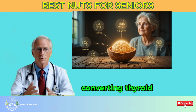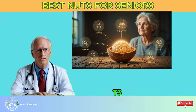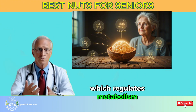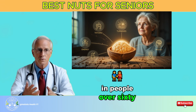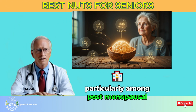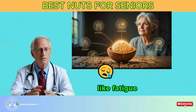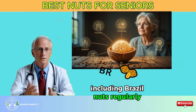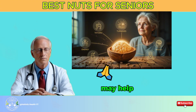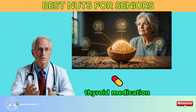Selenium is required for converting thyroid hormone T4 into its active form T3, which regulates metabolism, energy production, and mood. Thyroid dysfunction is common in people over 60, particularly among postmenopausal women, and is often misdiagnosed due to overlapping symptoms like fatigue, weight gain, or forgetfulness. Including Brazil nuts regularly, but in moderation, may help support better hormone balance and assist those on thyroid medication in